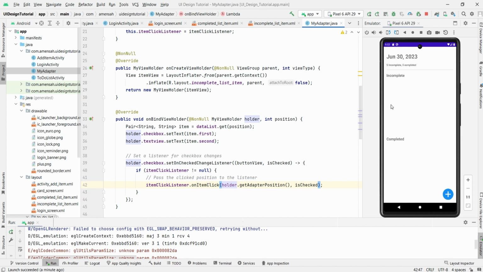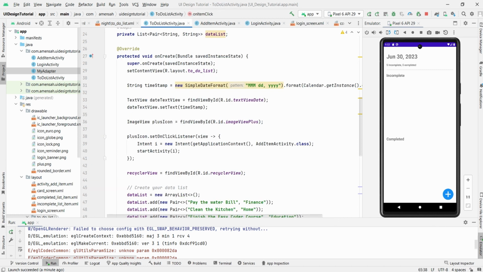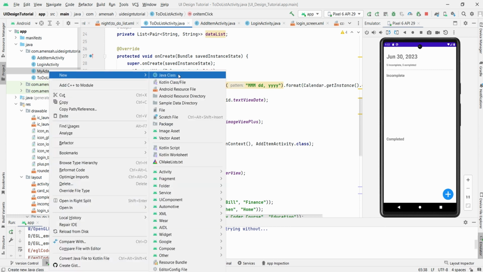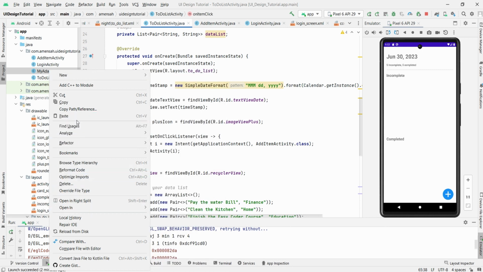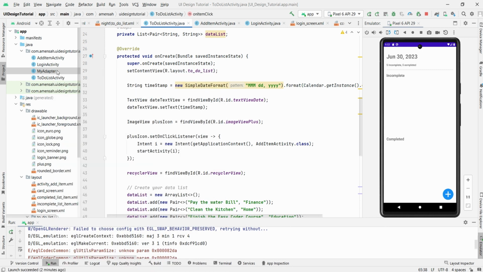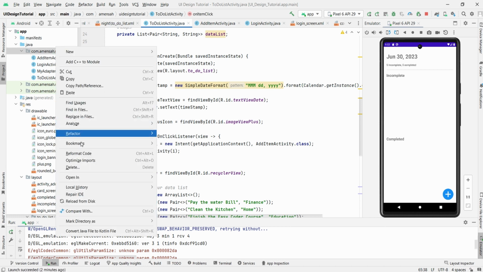That means we have to also create a similar recycler view here where we are able to add items to this list as well. So what I'm going to do here is create another adapter, because each recycler view requires its own adapter. I'm just going to copy this since the functionality is somewhat the same,